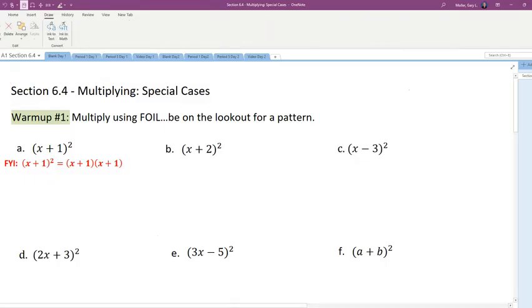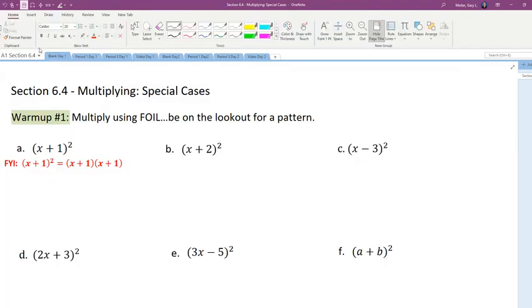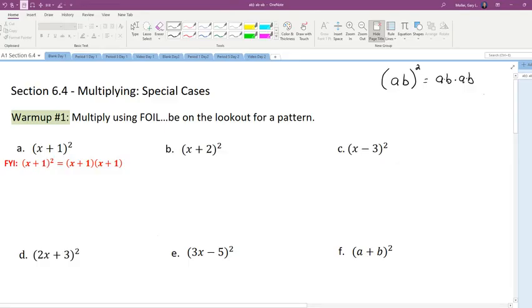So for example, back when we learned exponents, we looked at something like a times b, let's say to the second power. Well, a times b to the second power literally means a times b times a times b. And that means there's just four things being multiplied and it ends up being a squared times b squared. That is similar looking, but not the same as what we're doing right now, which is a plus b